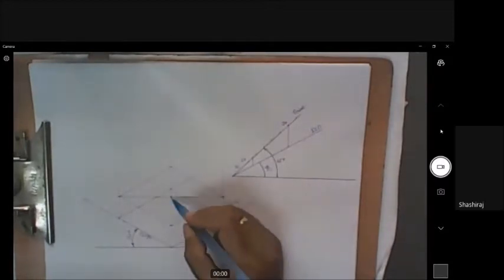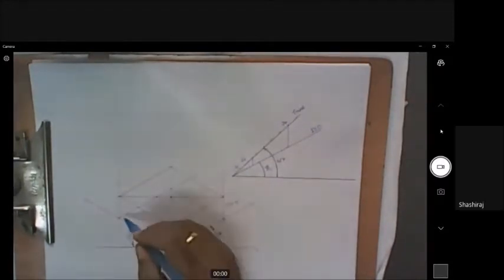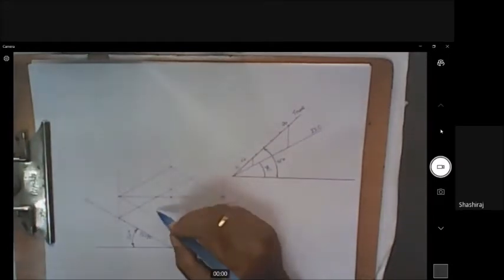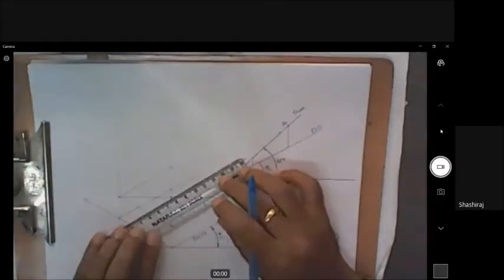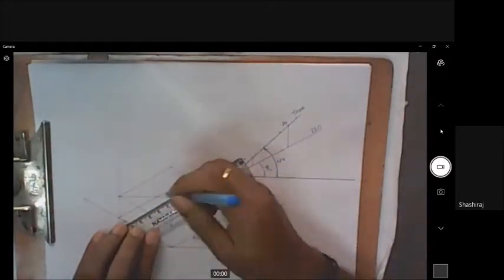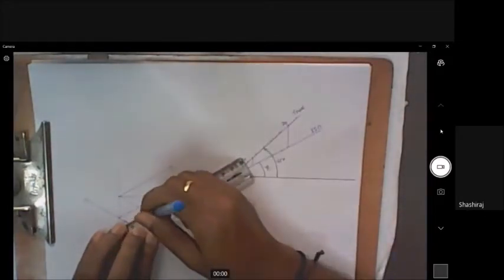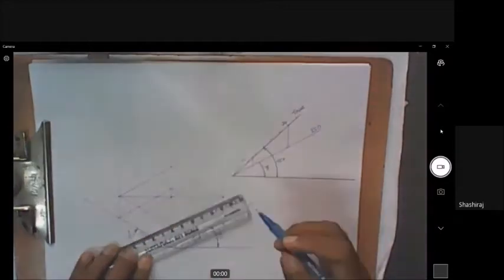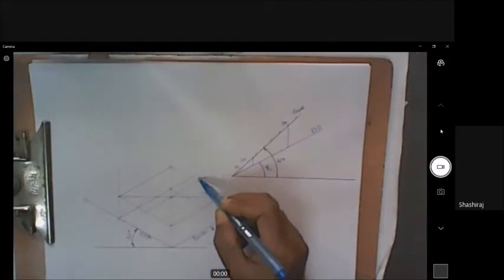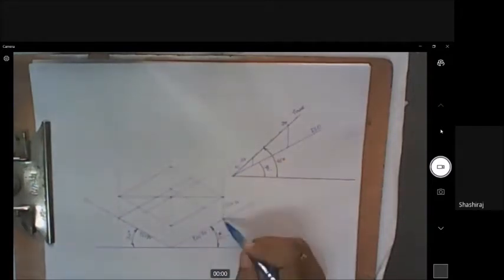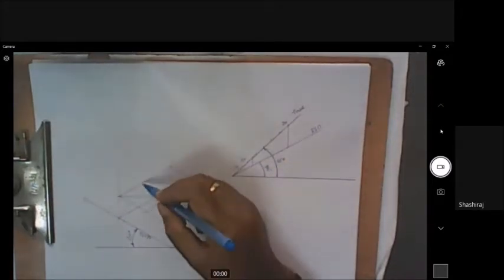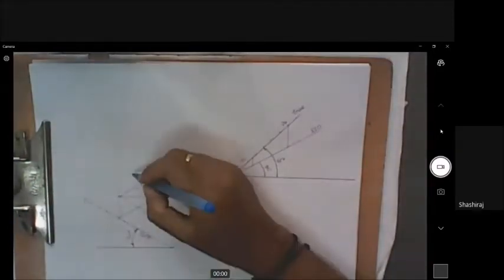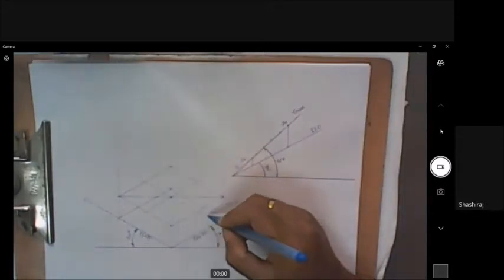Now at any point I can draw parallel to this axis and this axis and call them also as axis. At this center, I can draw a line parallel to this, drawing approximate here. You can use set squares for drawing accurate parallel lines. So I'm drawing a line here. This line is one of the axes that is parallel to this. At the same point, I should draw another line which is parallel to this axis. I have drawn. See, this line now is parallel to this.